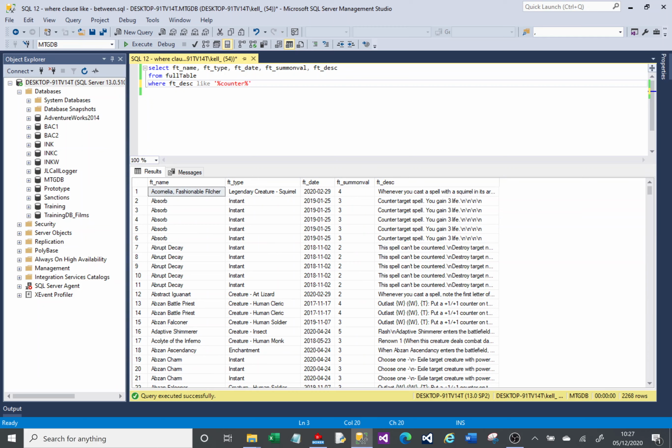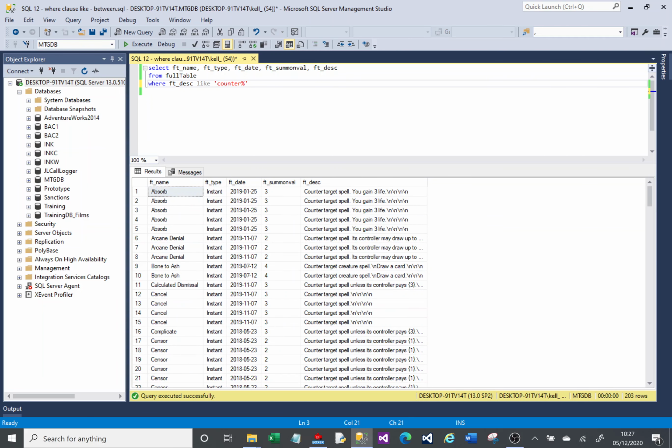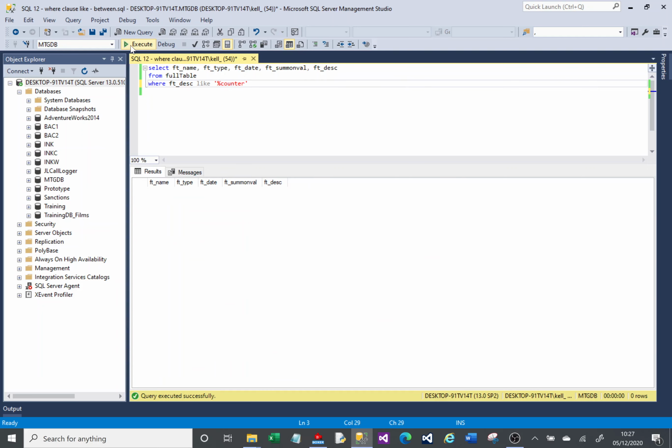What you can do with these wildcards is if you take a wildcard away from the start, that means that the field here, the column, begins with a particular word, and then the wildcard following it means anything afterward. So if I run that, it says this begins with the word counter and it's got something afterwards, so that's fine. I could do this and say show me everything where it ends with the word counter. In this case there isn't anything,